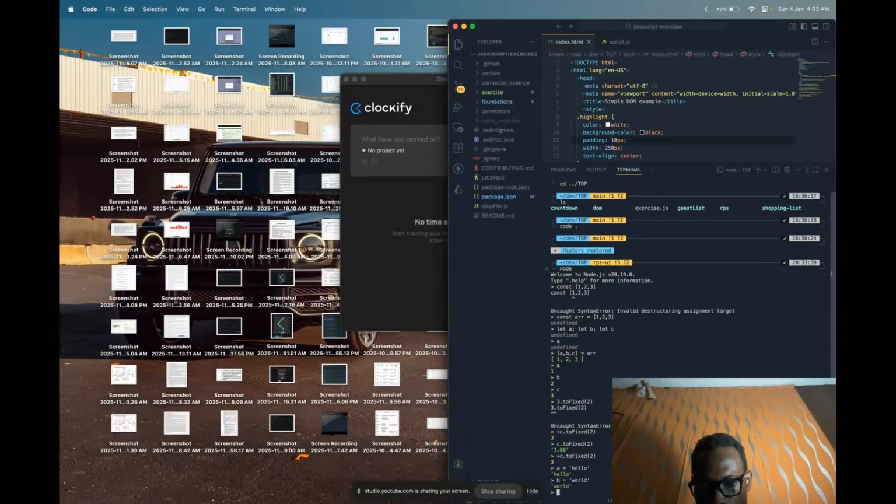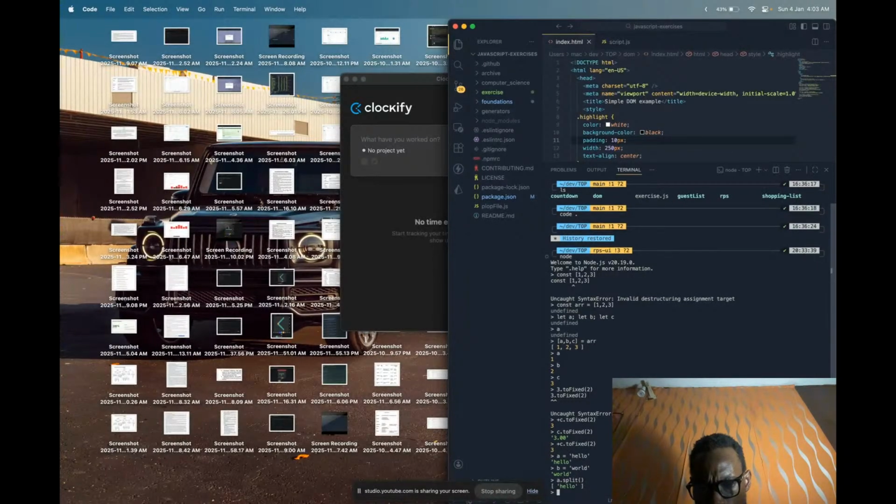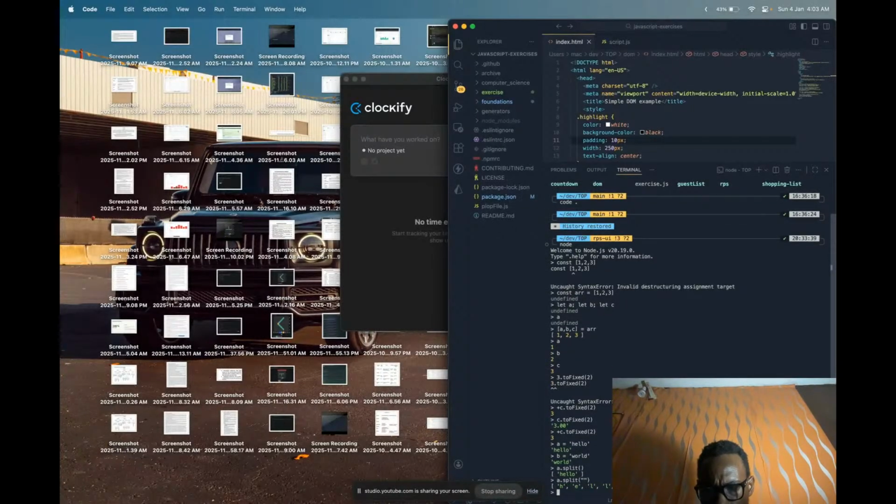If I now do an a dot split, okay, so if I do b,